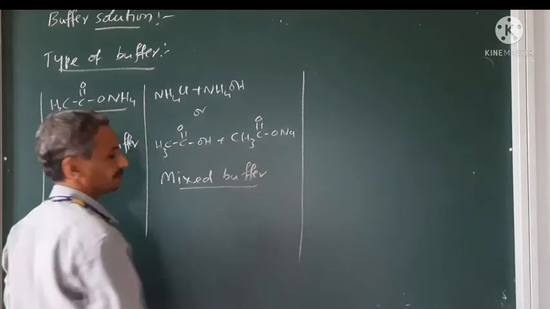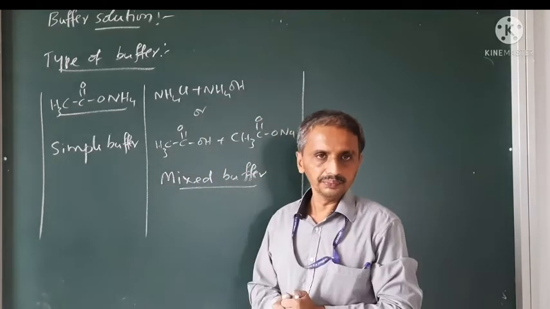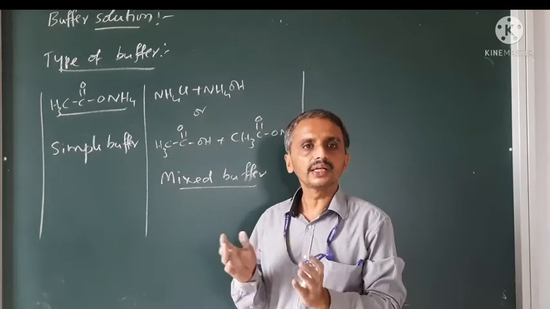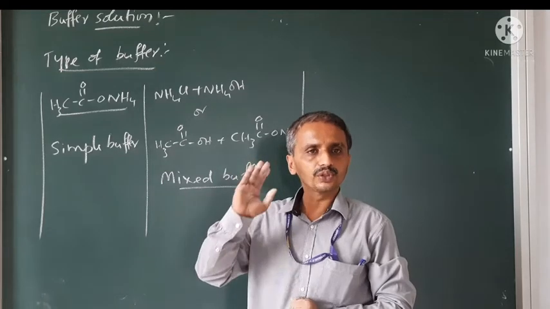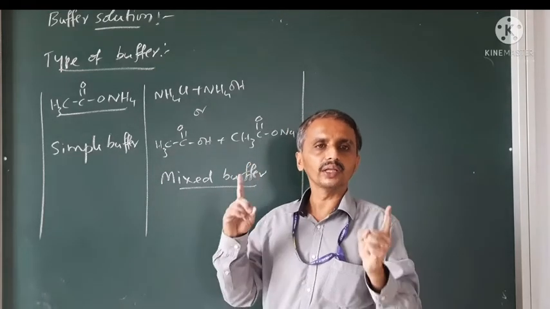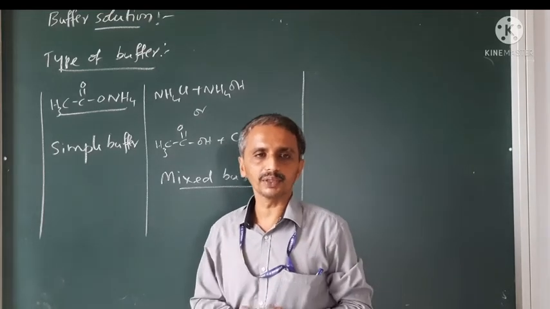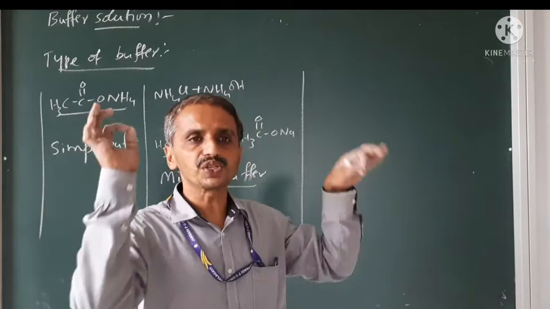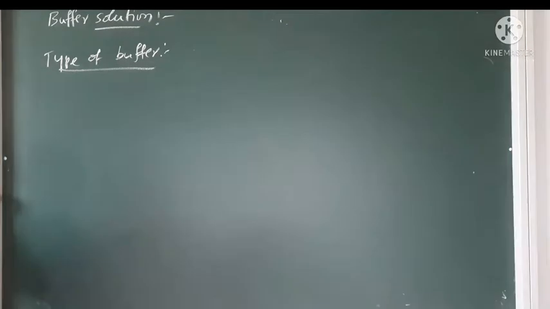Note this properly. They can give certain buffer solutions and ask: take the odd one out. They may give 3 mixed buffers and 1 simple buffer. Like that a question can be there. Or they may ask among these which is a simple buffer, among these which is a mixed buffer. Like that also a question can be asked.